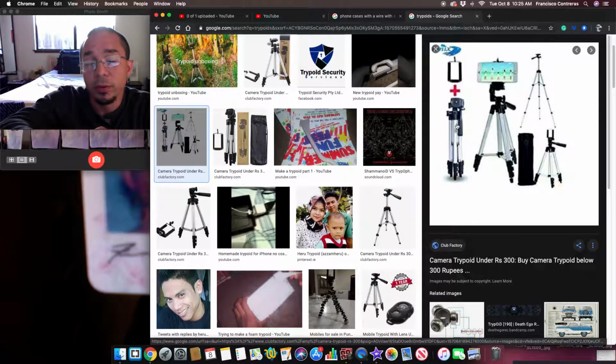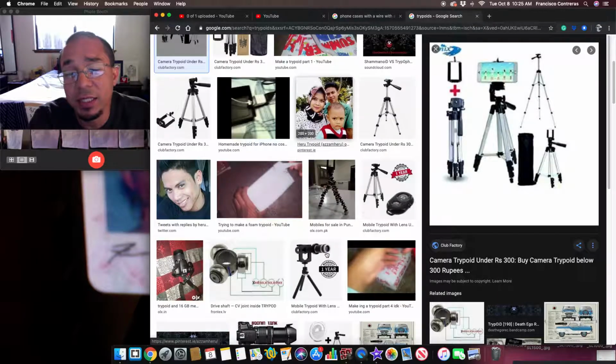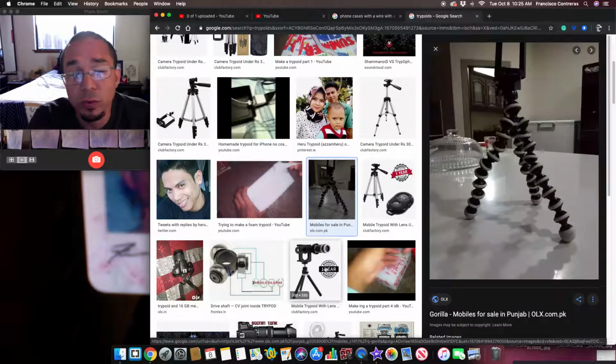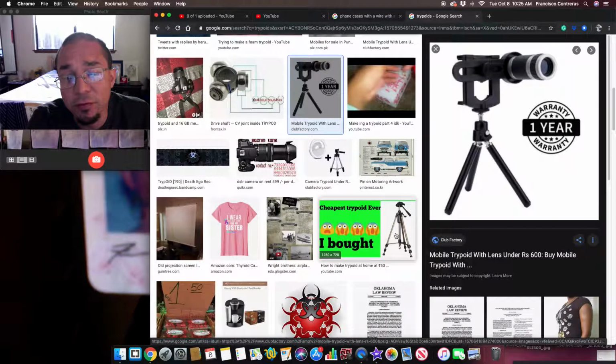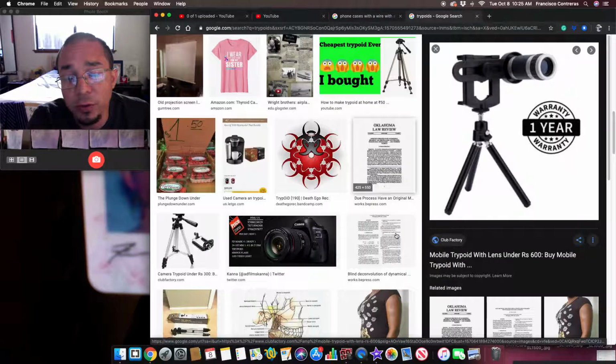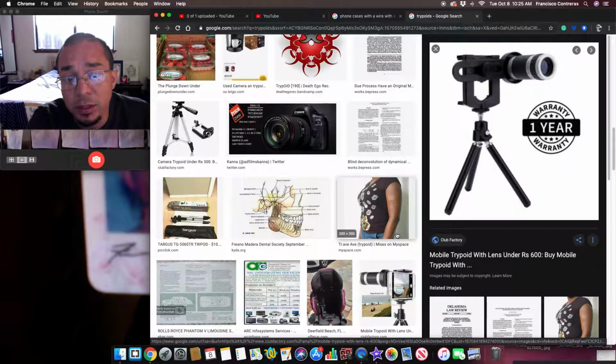That would be pretty cool. But this would be more of an advanced type of tripod that you can use to zero in on wherever you want to take the image. If you're away from your phone, once you have it clamped,